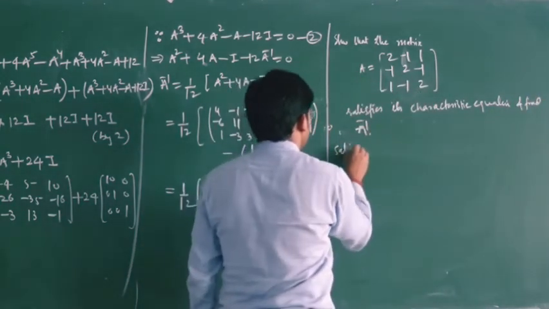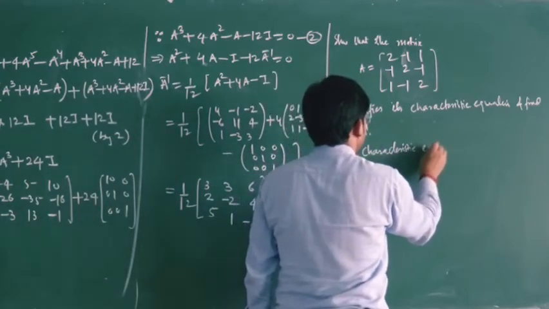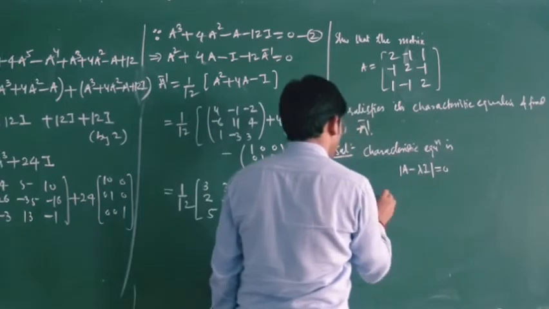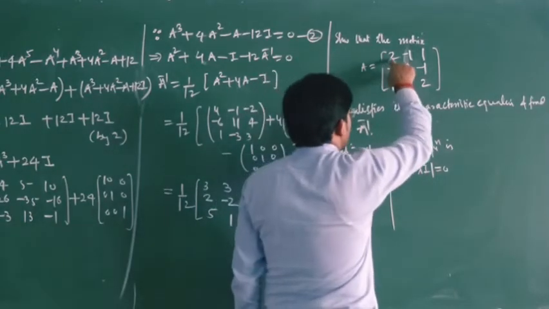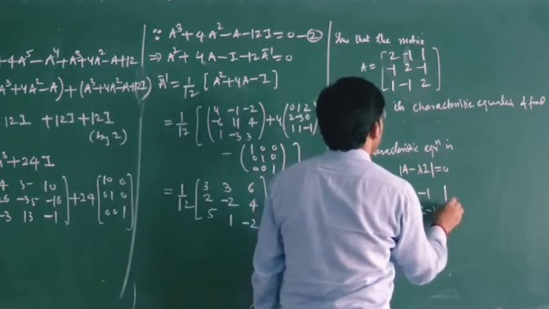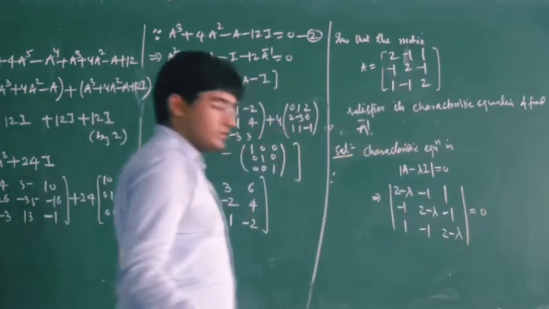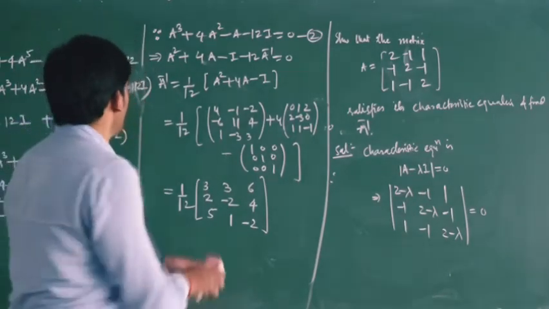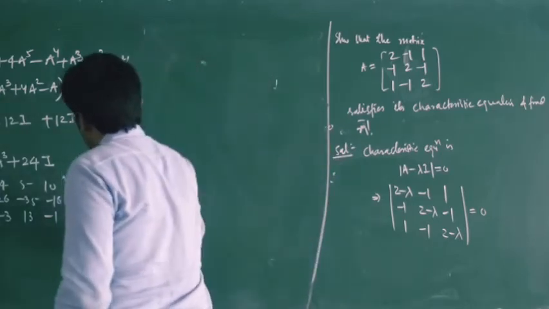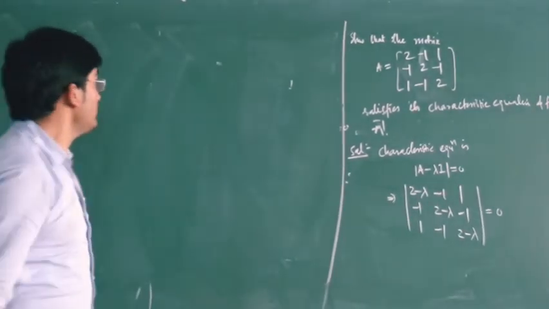So solution, your characteristic equation is determinant of A minus lambda I equal to 0. So this will give you, now let us subtract lambda from the diagonals. So we have 2 minus lambda, minus 1, 1; minus 1, 2 minus lambda, minus 1; then we have 1, minus 1, 2 minus lambda, equal to 0. So this is equal to